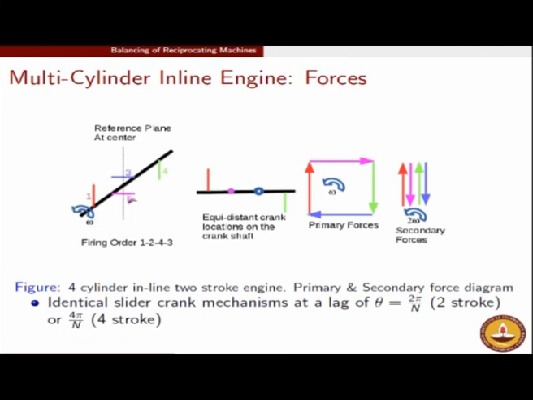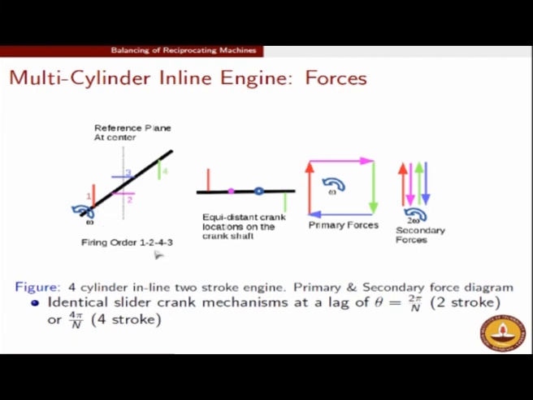When it rotates a further π/2 angle, then it is cylinder 2 which will fire. Then when it rotates further, it will be 4 and then it will be 3. So 1, 2, 3, 4, that is along the axial direction, whereas the firing order would be first 1, then 2, then 4, then 3. That depends upon the orientations of the individual cranks, right. So here you have the cranks oriented, the orientation between these cranks is at a phase delay of 90 degrees,